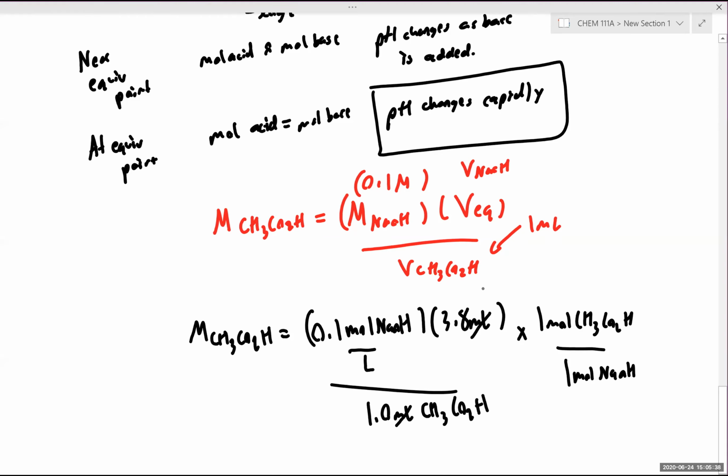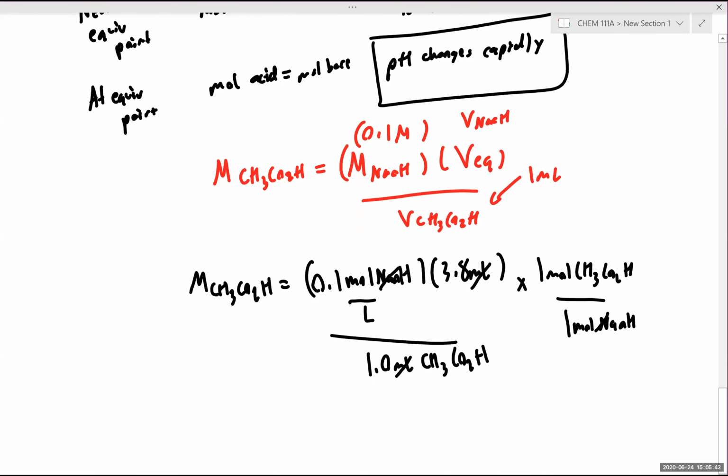The milliliters cancel, the moles of NaOH cancel, and we're left with